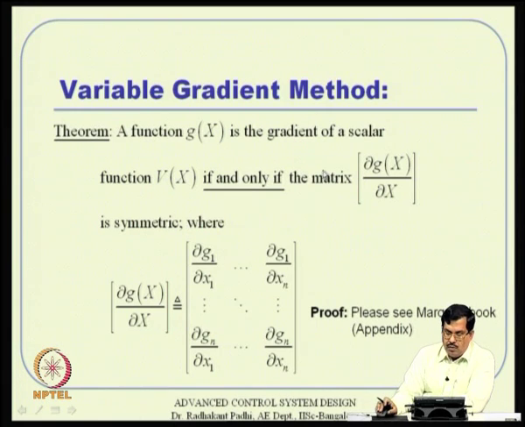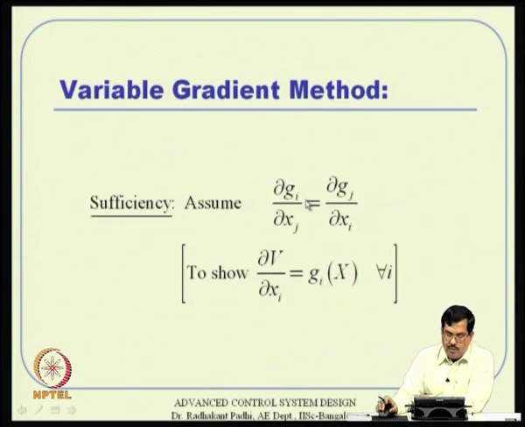Okay. So, if g of x happens to be a gradient function of v of x, then this del g by del x is symmetric, that is what we have shown. Now, what about the other one? If this matrix is symmetric, then what will happen, that is sufficiency. So, we assume that this matrix is symmetric, that is del g i by del x j equal to del g j by del x i, and we need to show that del v by del x i,